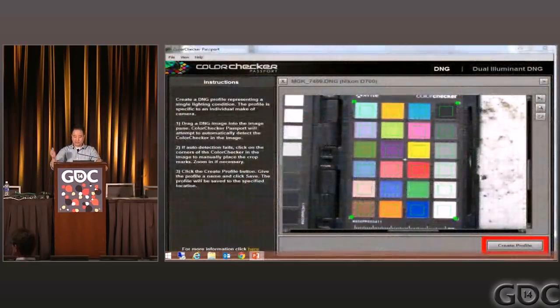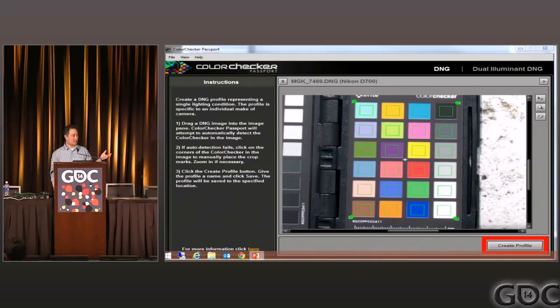So this color checker tool comes with some pretty awesome software that automatically detects the chart in the photos that you have, and matches the colors you have against the known RGB values. Because they can calculate the deviation between the actual known colors and what's showing up in your camera, it allows you to create a custom color profile for your camera and the shooting conditions at the time